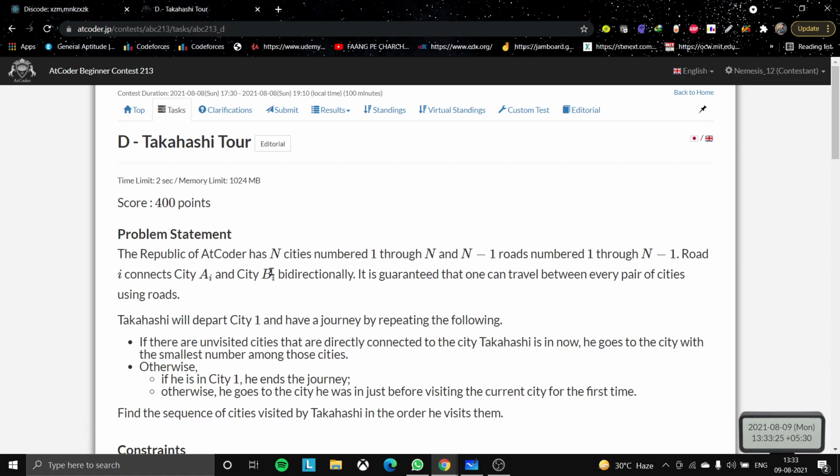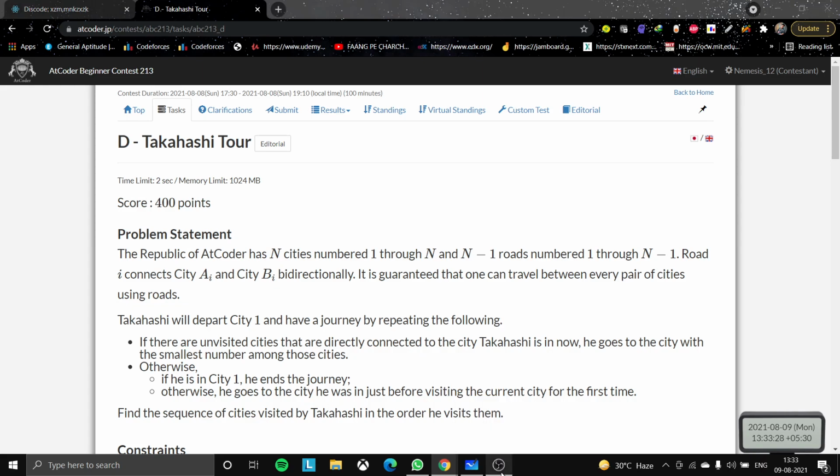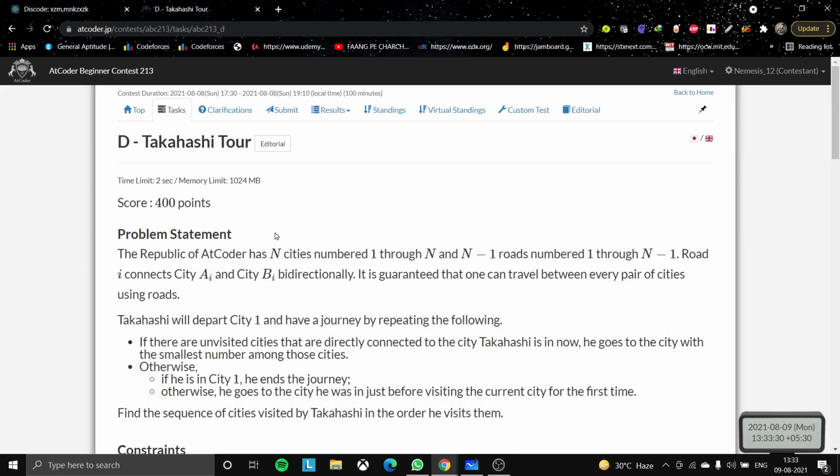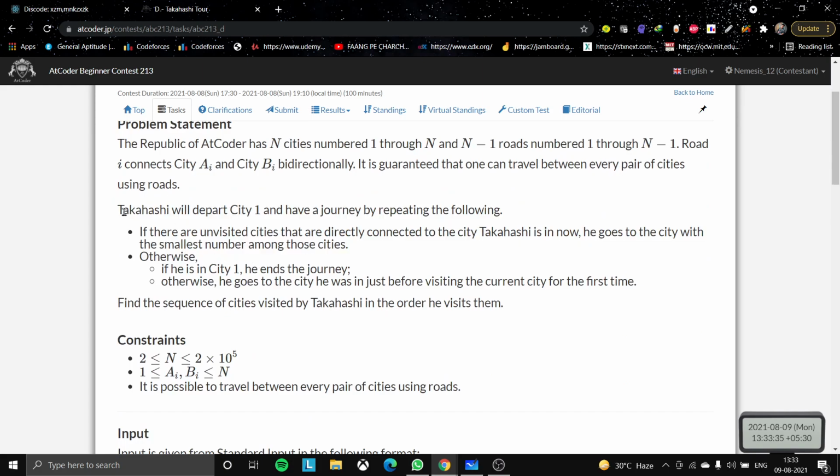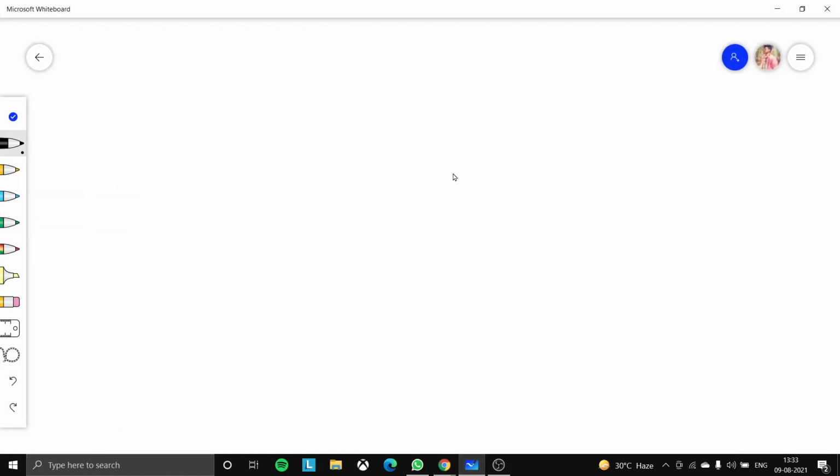Basically this question is about simple DFS, more like an Euler tour on a tree. So I'll explain to you. This question can be termed as an Euler tour on a tree, because we have been given three cases. This is n, the number of nodes, and these are the number of edges. So the number of edges will be n minus 1.